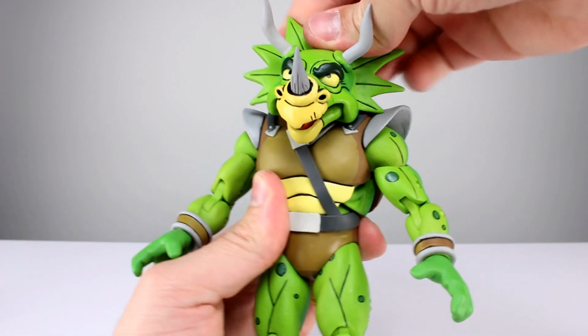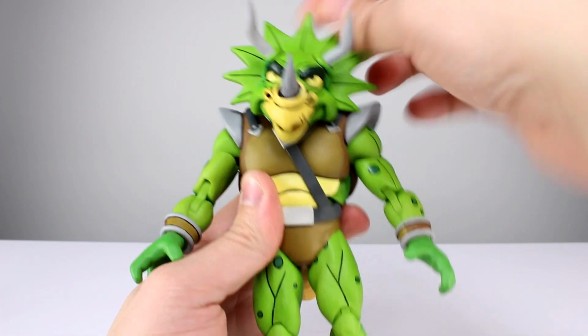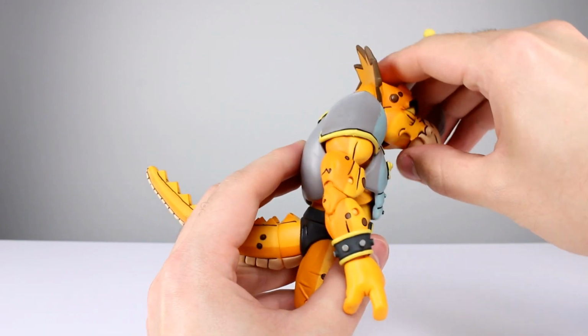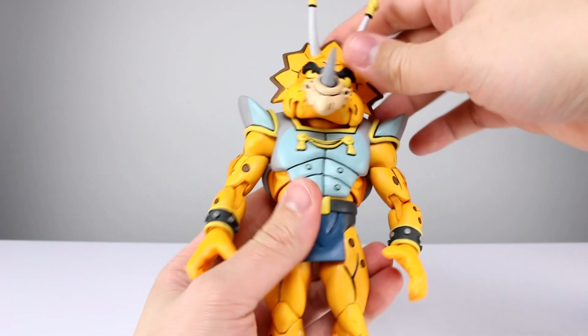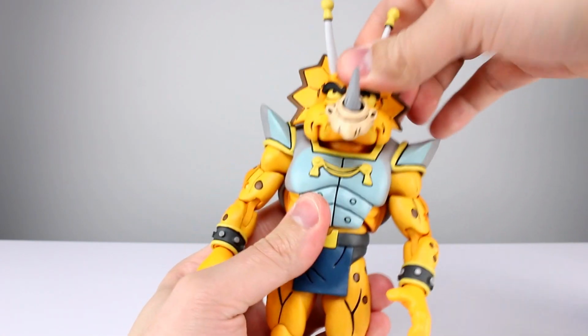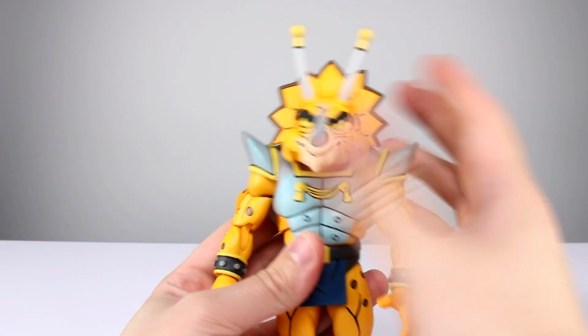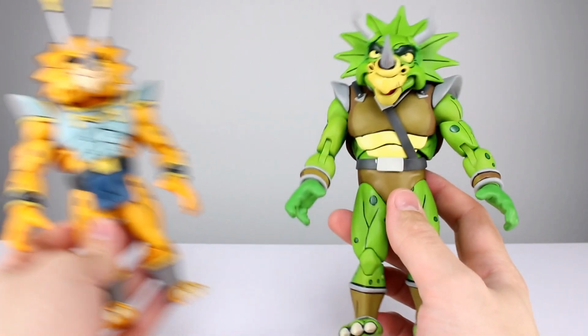Can you actually turn it? Nah, he's got too much cheek, so you can't really turn it. All right, it's okay. I don't expect to get these guys in tons of poses. I mean, that's pretty much the story for this whole line. But looking up is really good. Again, looking down, not so much. And he's got a lot of cheek on him also. And I mentioned they do have the articulated opening jaws. So yeah, heads are adequate, nothing crazy,